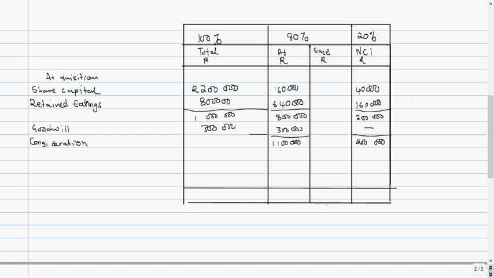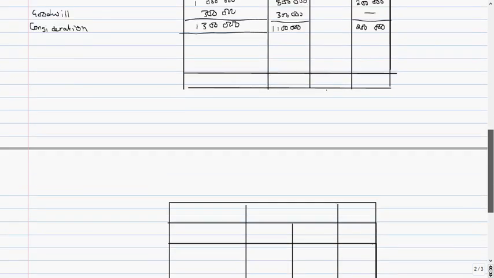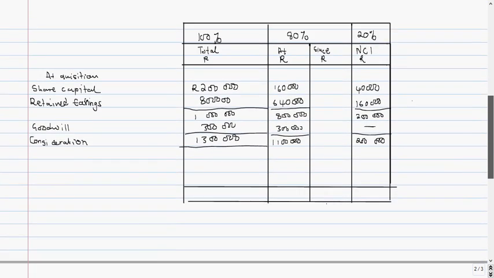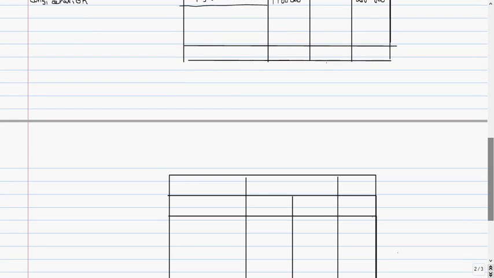So goodwill will be 300,000, and the total here will be 1.3 million. So that's how the partial goodwill method works. The non-controlling interest will not get a share of the goodwill according to the partial goodwill method. Now if we were to do the same example using the full goodwill method,